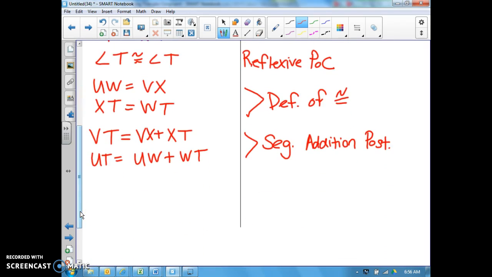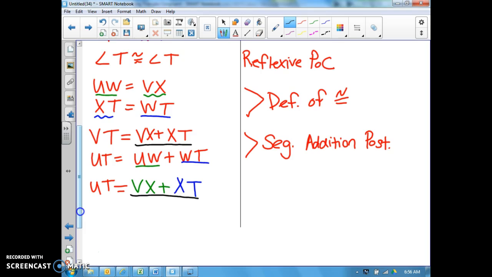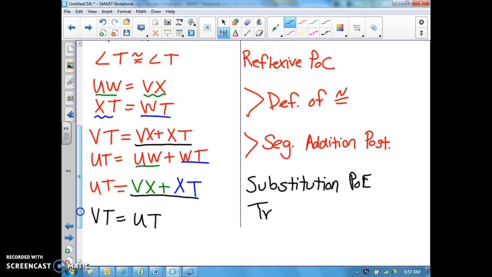Now we can do some really lovely substitution steps to get things that we could set equal to each other. I am going to work on UT, and I'm going to make 2 substitutions in UT. I know that UW is congruent to VX. And I know that WT is congruent to XT. The reason I did that is that now this piece here matches this piece here. And so now I'm able to say, through the transitive property, that VT is equal to UT. So just to back up, this was substitution property of equality, and this was my transitive property,